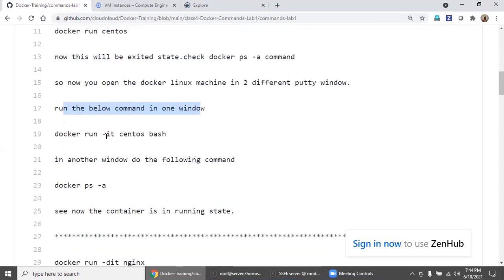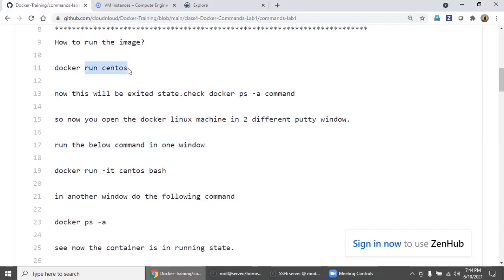We will run the command, whose purpose is docker run CentOS. It will run and exit, but we want the container machine to be always up and running. So -it, interactive terminal, because we need some terminal to run, and which shell? Bash shell.